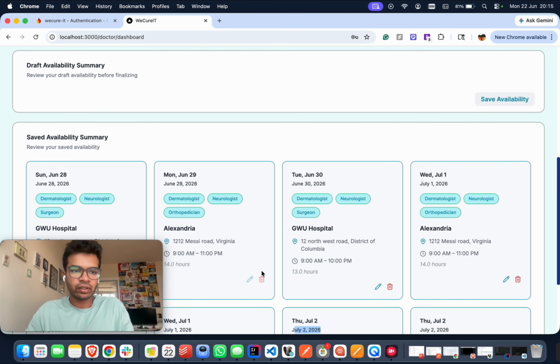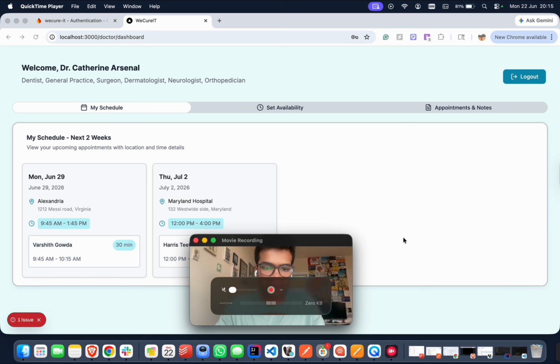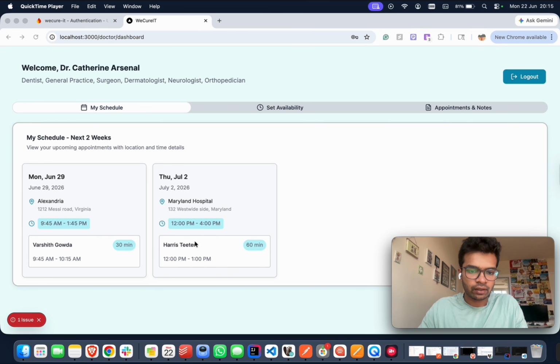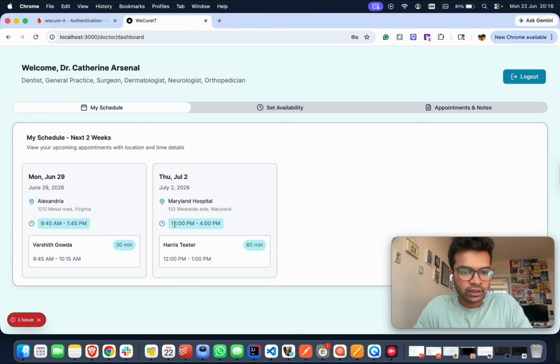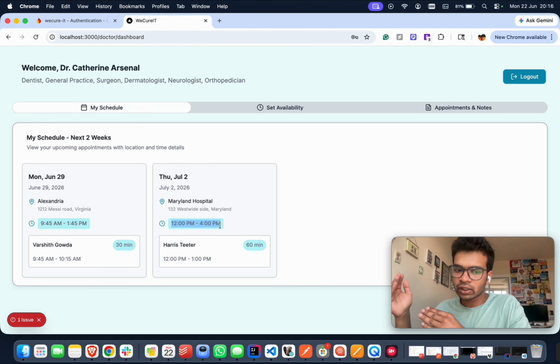When we come back to the doctor portal, we just see a schedule, and it's automatically updated that Aristita is going to meet her on the 2nd of July in Maryland Hospital. Now, this is the system design that says that Dr. Catherine can be in the facility from 12 to 4. We are not going to allow her to stay until 8 p.m. because she doesn't have any future appointments. So we allow her to stay only for